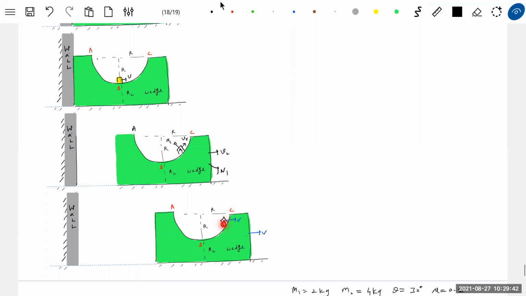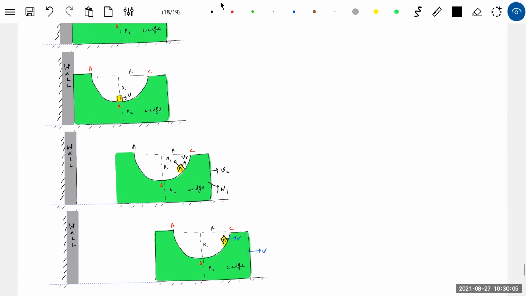Why are you showing it below? I want an answer from any one of you. Why can't it reach C? Why are you not showing it here, sir? Why is it so? The wedge is moving towards the right. So if the block reaches here, the energy will not be conserved, because